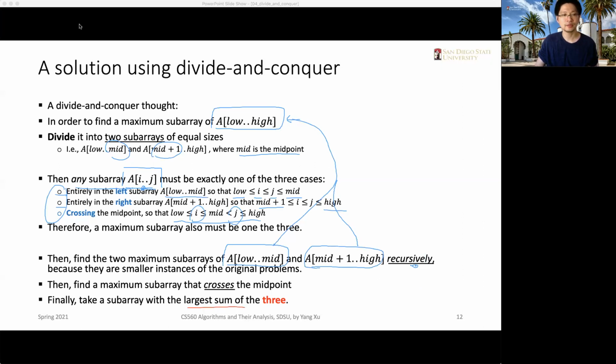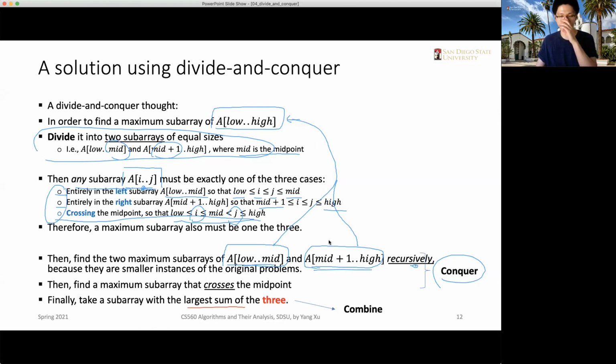Okay, so this is a typical divide and conquer thought. We divide at the beginning here into two subarrays. This is our divide. And here we conquer them. We conquer the two cases using recursive style, right? Because they are the smaller instances of the original problem. And we conquer the third case by implementing some algorithm to solve it. And finally, we take the larger one that has the maximum summation,